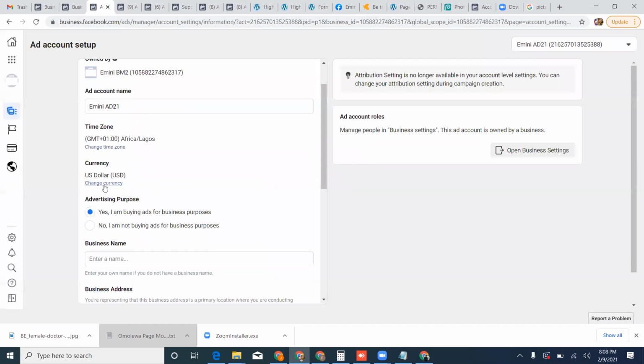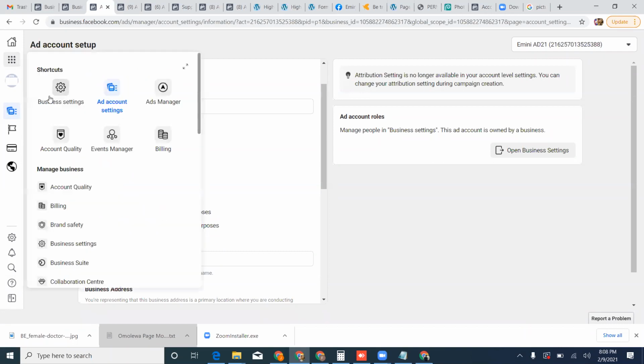Okay, so this is where you change the currency to US dollar, but this is already in US dollar, so we don't need to change it. If it was a personal ad account, you need to change to US dollar because it will be on Naira, right? So let me just proceed to